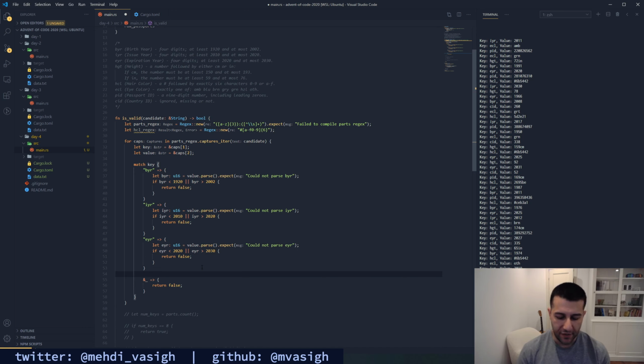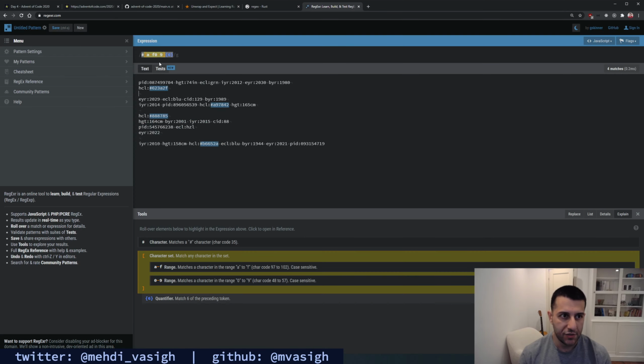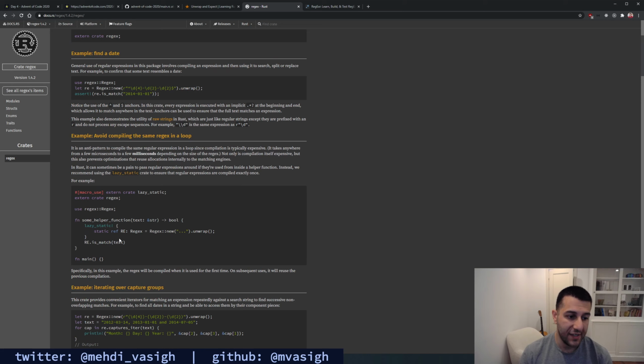Now let's define the pattern for HCL. If not HCL regex is a match. Let's see, how do you just do a simple match? What is the method that we would just call? Regex is match.